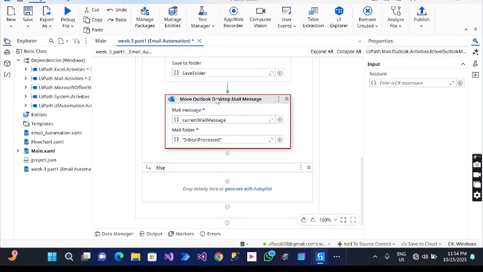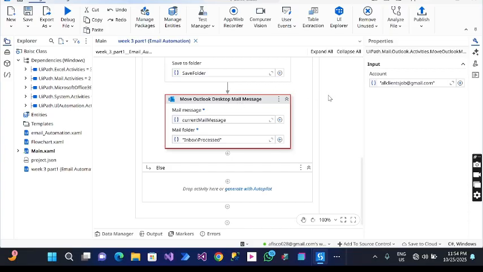So remember, you still need to specify the account, because whenever you are operating on a particular folder in Outlook or any mail client, you need to let the bot know the account that it is working on. So we're still going to enter that same all clients job at gmail.com. Good. So now we've moved